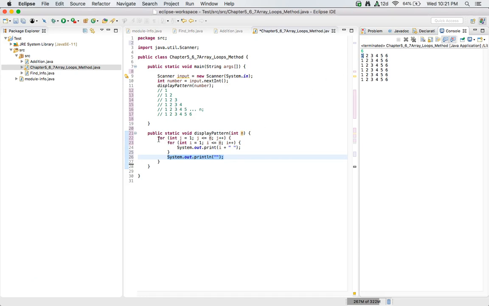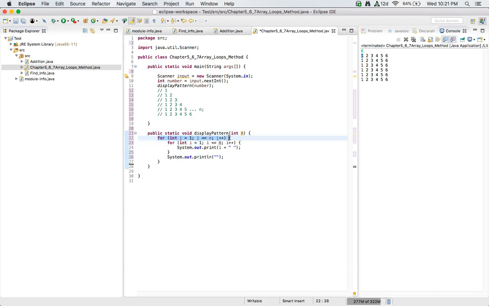Well, in our outer loop, that is what's changing. J changes every time a line gets printed. So that is the variable that changes every time an entire line happens. And so if we simply change n to j, well, j is 1 the first time through the loop, because that is our first line. And so I is 1, if 1 is less than or equal to